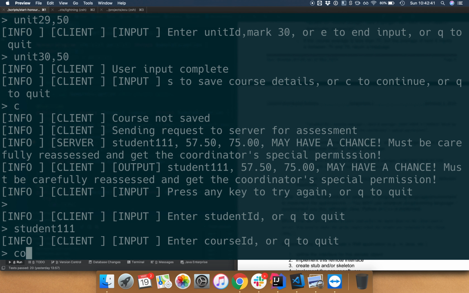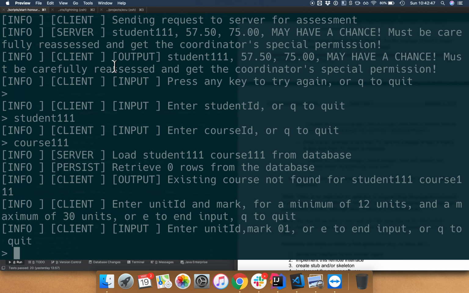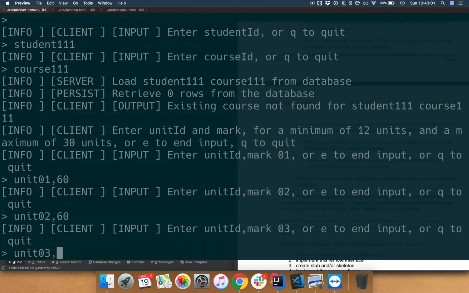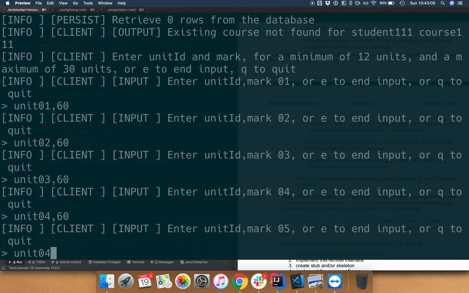So 1 course. Right. Shouldn't find anything. Excellent. 0 rows. So unit mark. So unit 01. Let's go 60 this time. Unit 02. Unit 03, 04, 5, unit